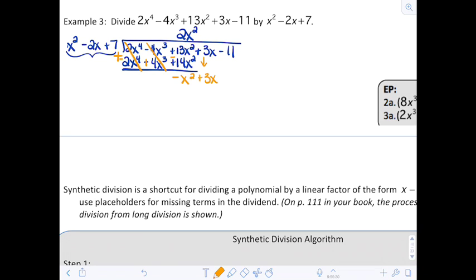Now, I also am going to bring down, let's see. What I need is to figure out what I need at the top so that when I multiply, I get a negative x squared. Well, that would be a negative 1. So negative 1 times x squared is a negative x squared. Negative 1 times negative 2 is a positive 2x. Now, here's what we need to realize. With this, I have negative 1 times 7, but I don't have a constant. So in this case, I am going to also bring down the negative 11 so that I can subtract